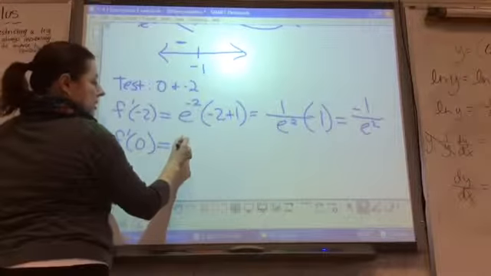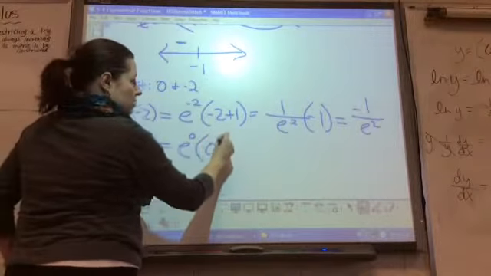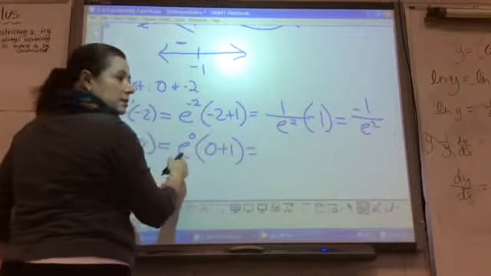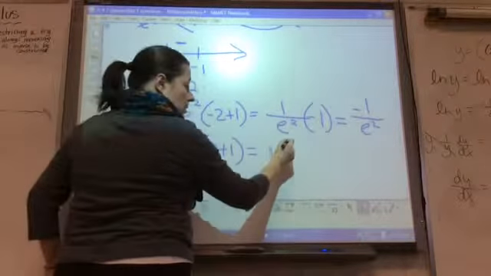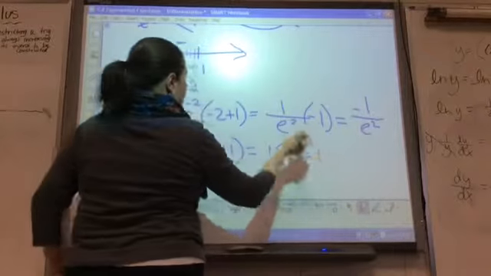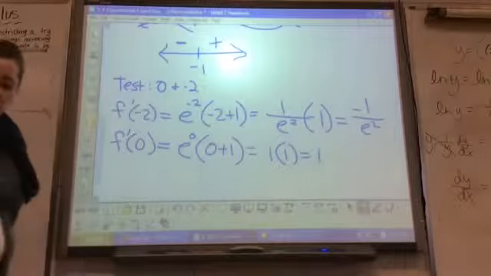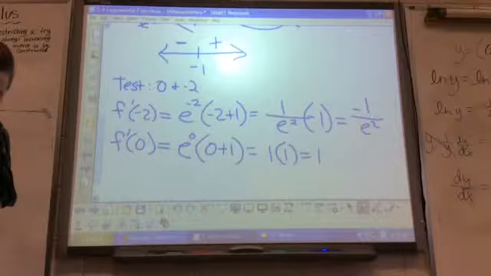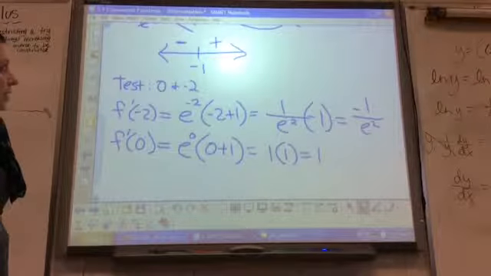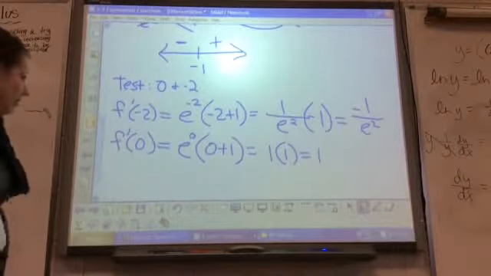That's okay. f prime of 0 would be e to the 0 times 0 plus 1. So e to the 0 is 1, so positive 1, or just positive. Okay, so we have a relative minimum